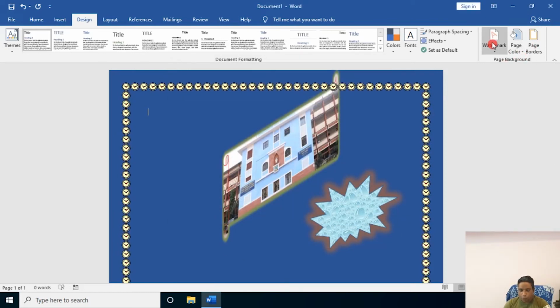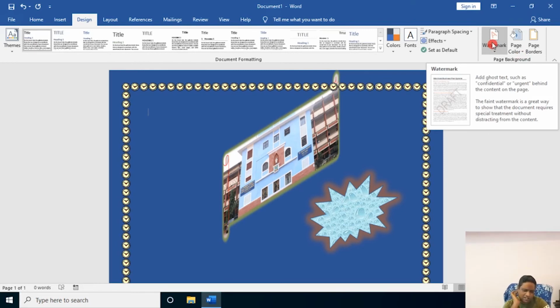And there is an option called watermark. What is watermark? Watermark is used when, suppose I have given you an assignment and I don't want anyone to copy it. So what usually students do, you will Xerox it or print it out and submit it at the last moment. You will go to Rahul Stationery, Xerox it and come and say that I have done it. So watermark is basically you can put your name on a page. It will give a light effect, so even if you Xerox, your name will come, so that the content cannot be copied.